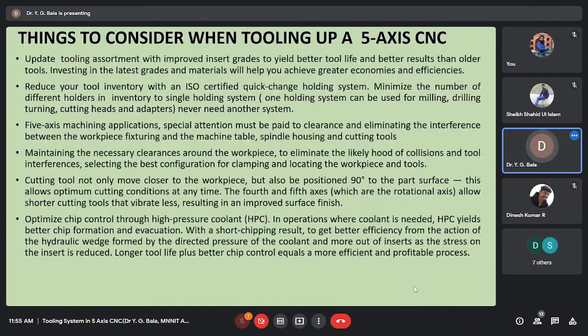And next, what things we have to consider when we are going for the tooling in the 5-axis CNC machine is, we all know that even in conventional CNC machines, either 2-axis or 3-axis, either turning centers, milling centers, or machining centers, the tool plays a vital role. Because the better the tool, you will get a better machining process and a better machining time. And for the 5-axis machine also, we have to upgrade with the tooling assortments